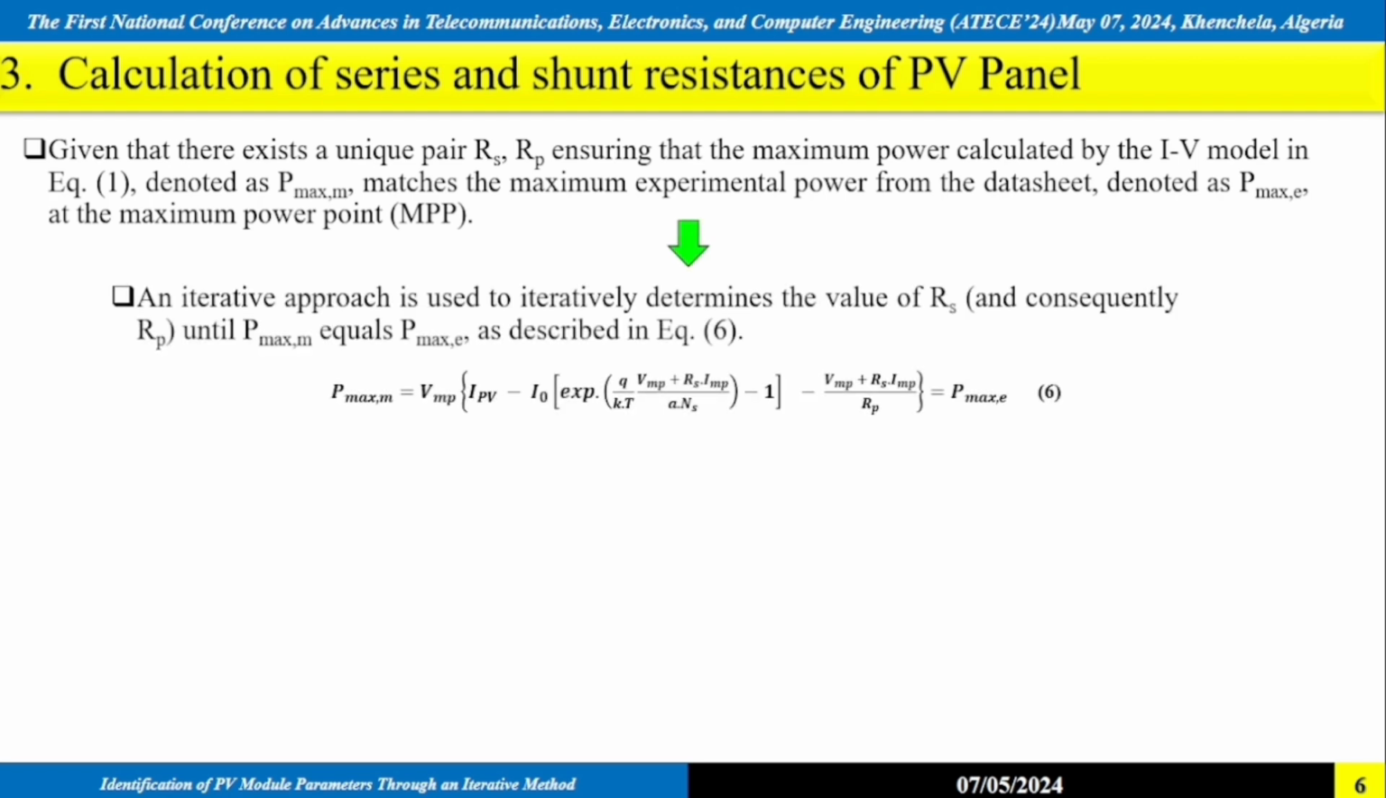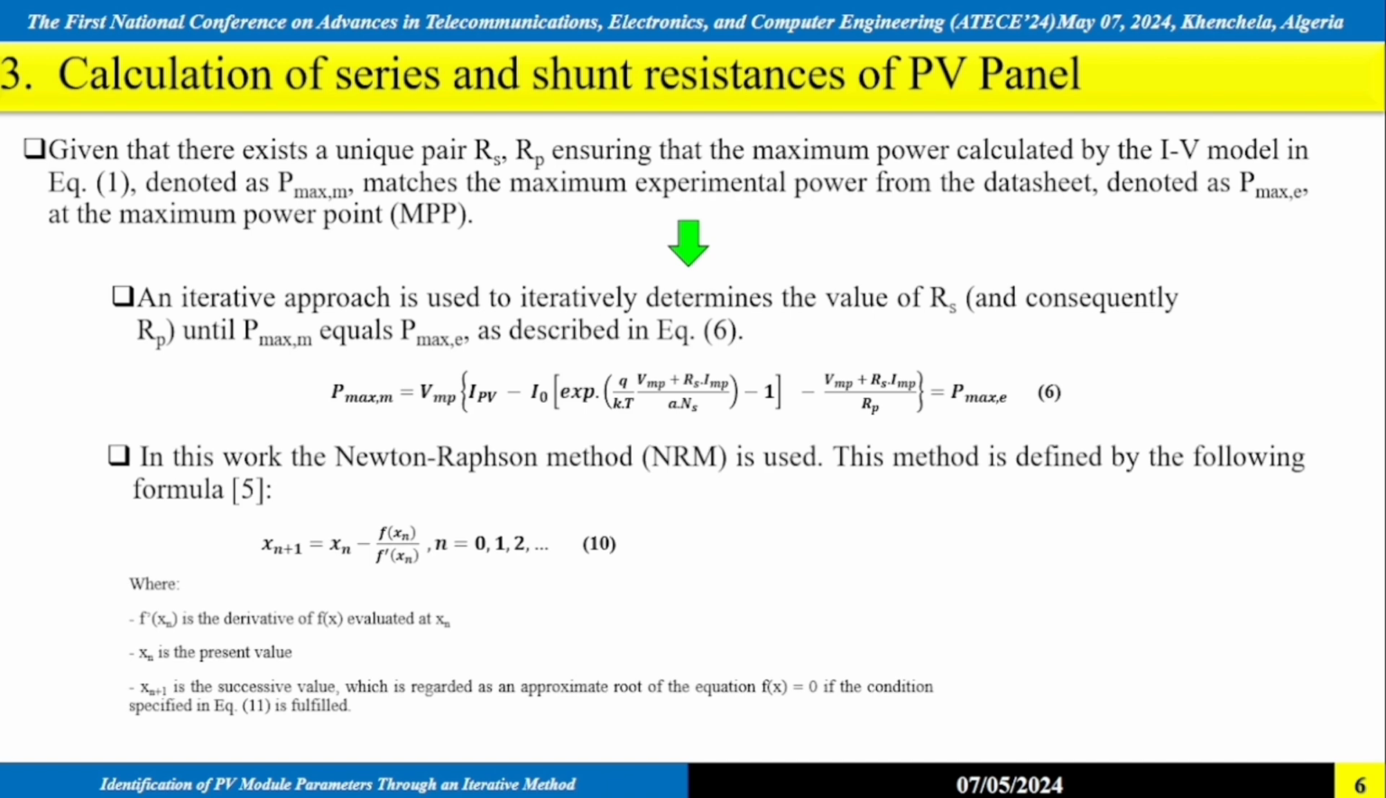So an iterative approach is used here to iteratively determine the value of RS and consequently the value of RP, and of course this process will be repeated until Pmax model is equal to Pmax experimental as described by equation number 6. So in this work, the Newton-Raphson NRM method is used to do this work, and this